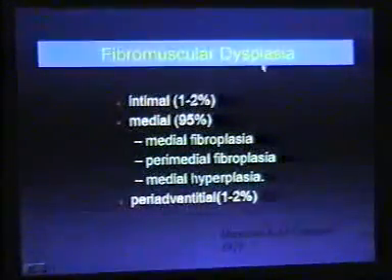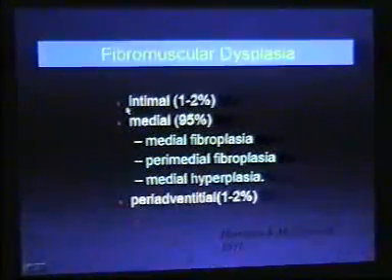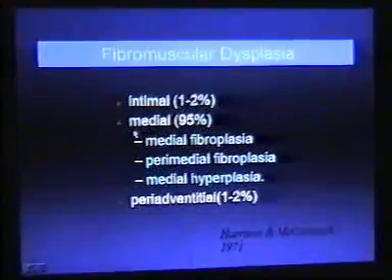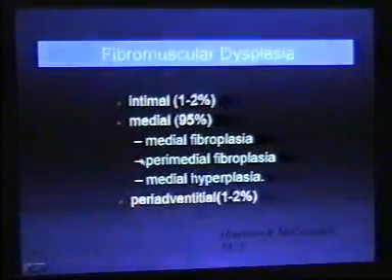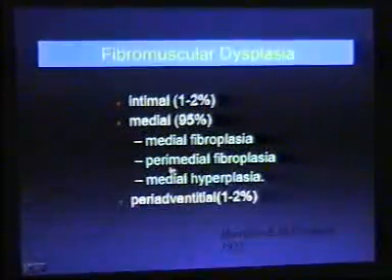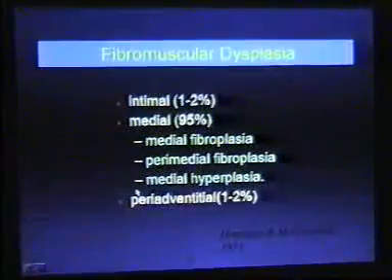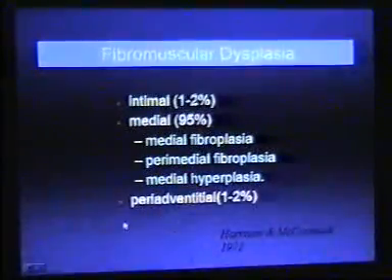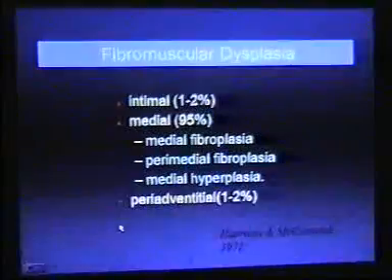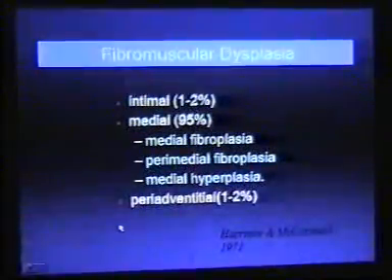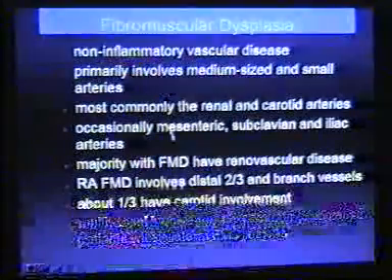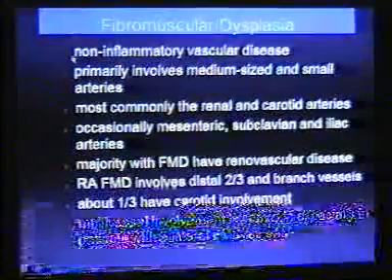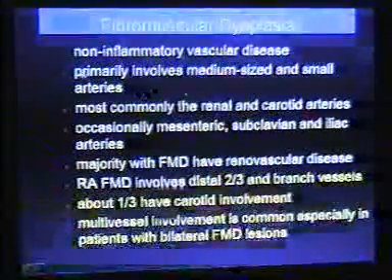The fibromuscular dysplasia, it is of intimal origin. The percentage is 1 to 2%. The medial origin are 95%, which can be medial fibroplasia, perimedial fibroplasia, and medial hyperplasia. The periadventitial is 1 to 2%, again according to Harrison's book published in 1971. Fibromuscular dysplasias have following characteristics. Non-inflammatory vascular disease primarily involves